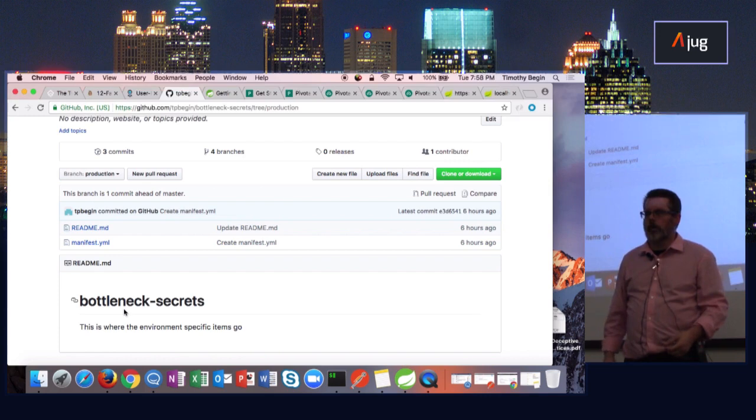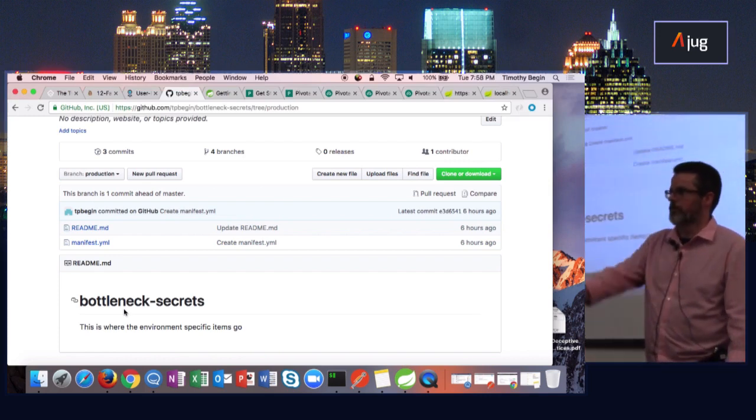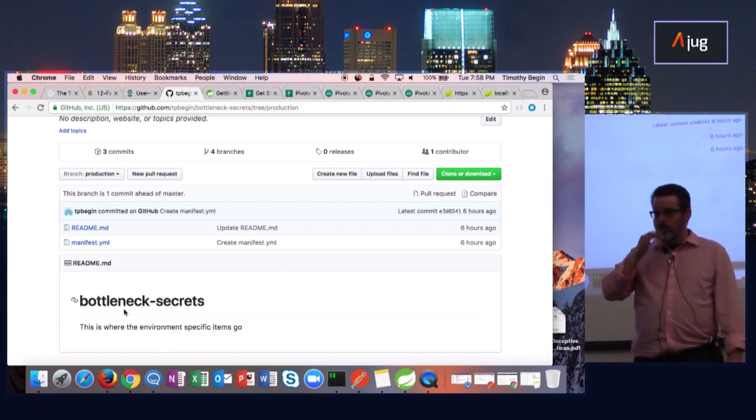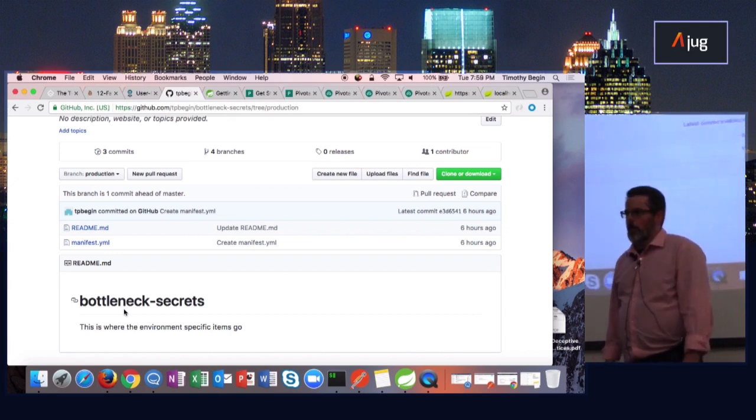And I think it honors the intent of the 12-factor app, either approach. Right. So you're separating out the environment-specific stuff, and that allows you to essentially have the same code base and the same deployment scripts and everything else run the way it's supposed to, and you keep the environment-specific stuff over here.